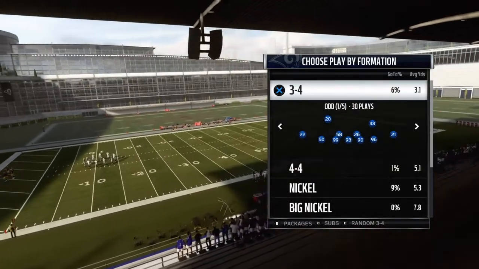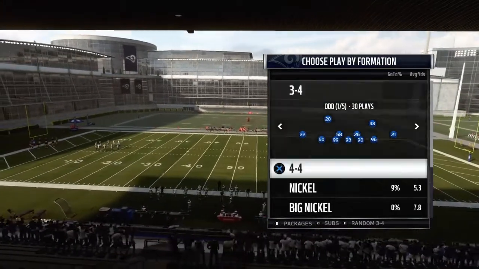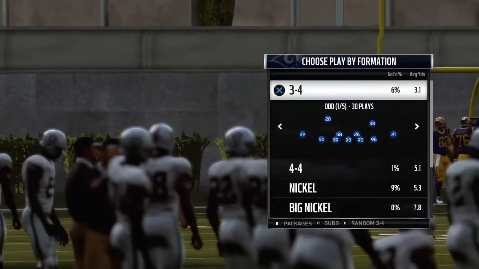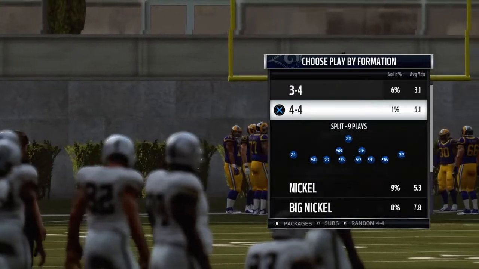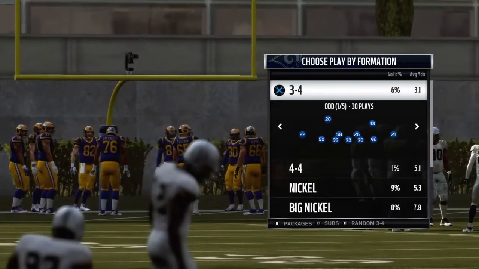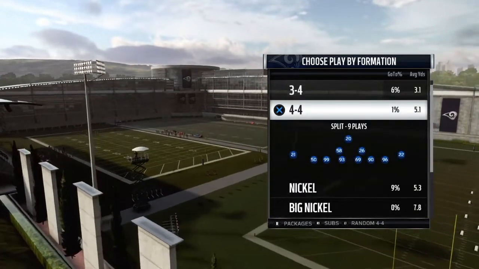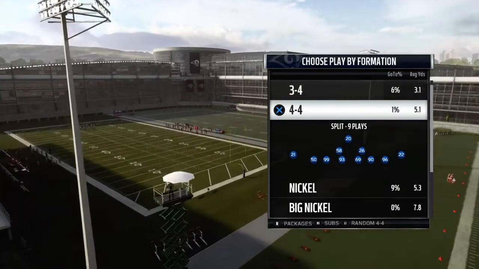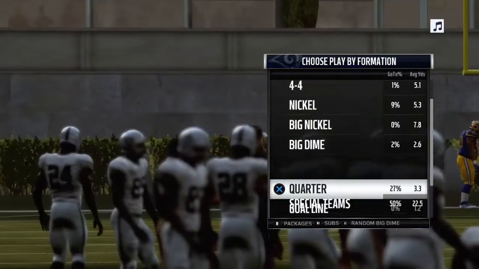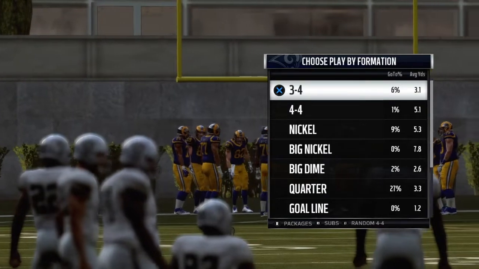So this basically used to be how the Raiders defense was last year. Pretty much it's the same thing, other than they don't have 3-4. So with the Raiders, just pretend 3-4 isn't there. And so for the Raiders, you have your 4-3, your 4-4, which you should never run, because if they run on you, you're going to get burnt. You have your nickel, your big dime, your quarter, goal line, and special teams, obviously. But this is how we're going to stop